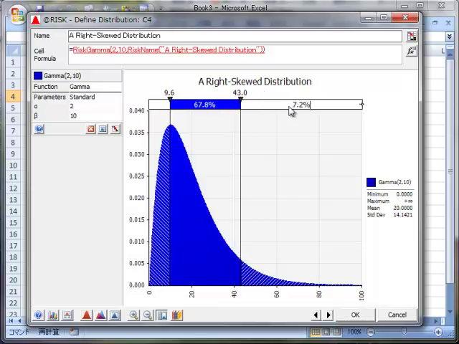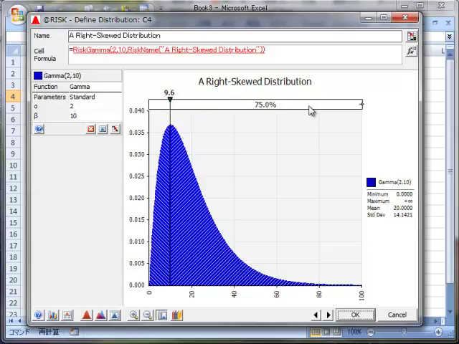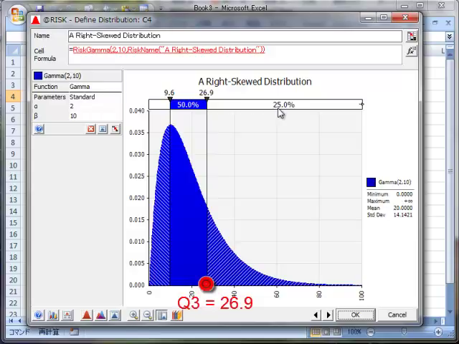Let's click in here, and we'll set this to the 75th percentile. Oh no, if I'm going to set to the 75th percentile, I need to set this to 25. This is the probability to the right. Okay, there we go. Now what we have here is the first quartile and the third quartile, Q1,